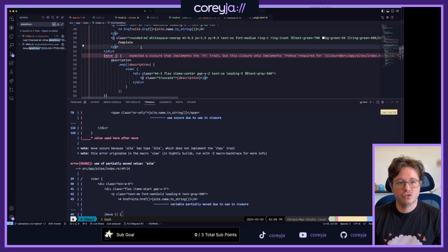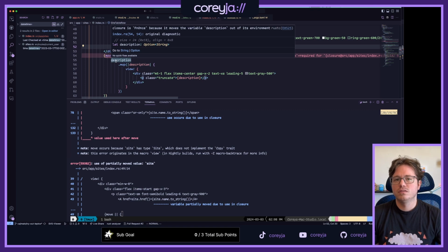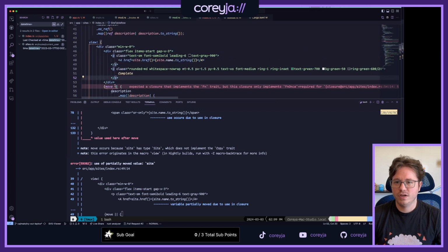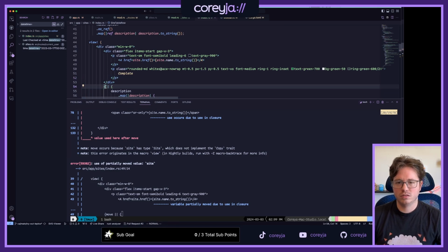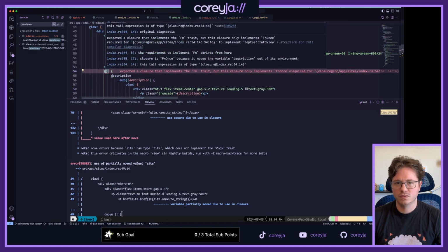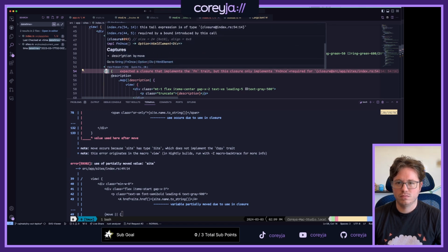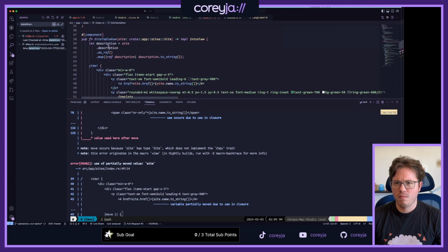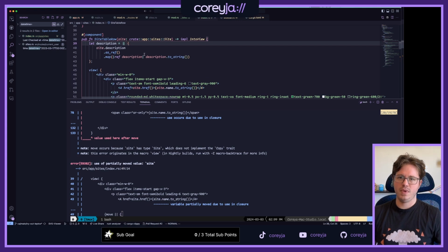But this closure only implements FnOnce, because it moves the variable description out of its environment. Expected closure, this one implements FnOnce. Do I make it a signal?